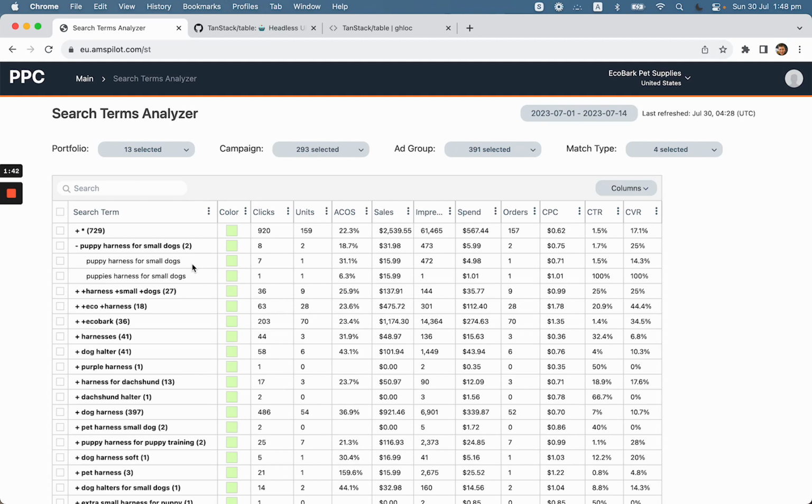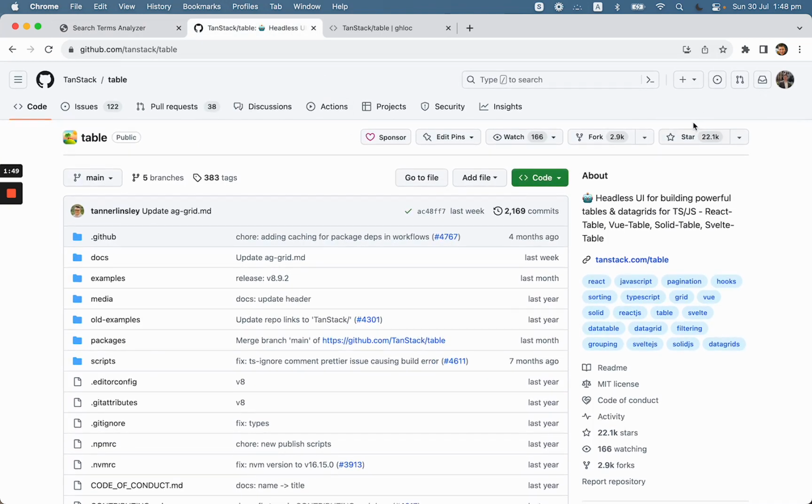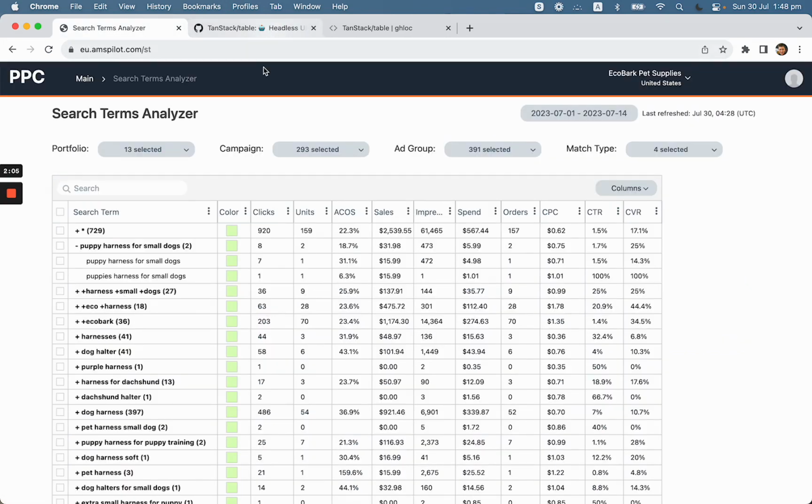So this is all implemented in Reactable using the Reactable library. It's over there on the GitHub. It's very popular, as you can see, 22,000 stars. So it seems good, a very thoughtful and headless library that I decided to use, and basically implemented all this stuff. So I was very happy with that, but then I found some issues